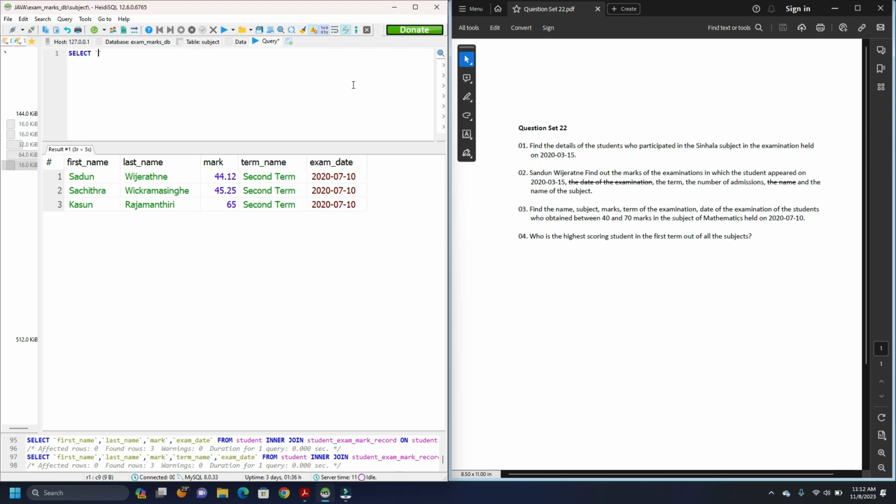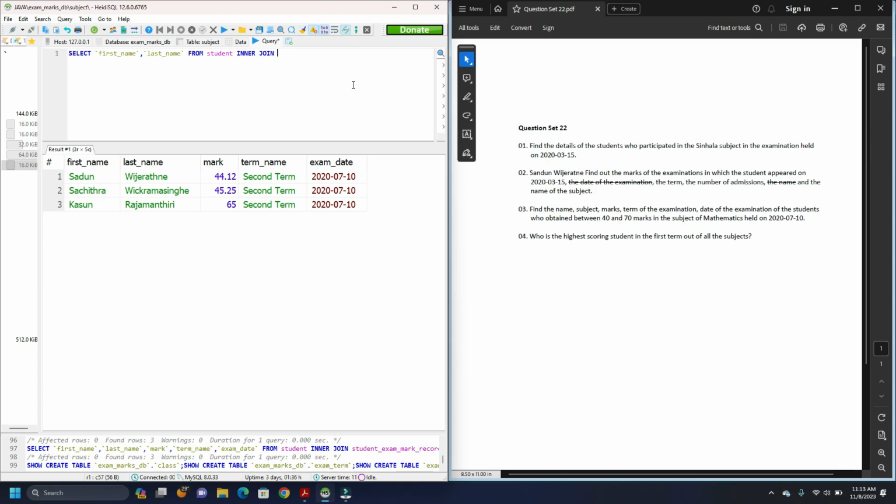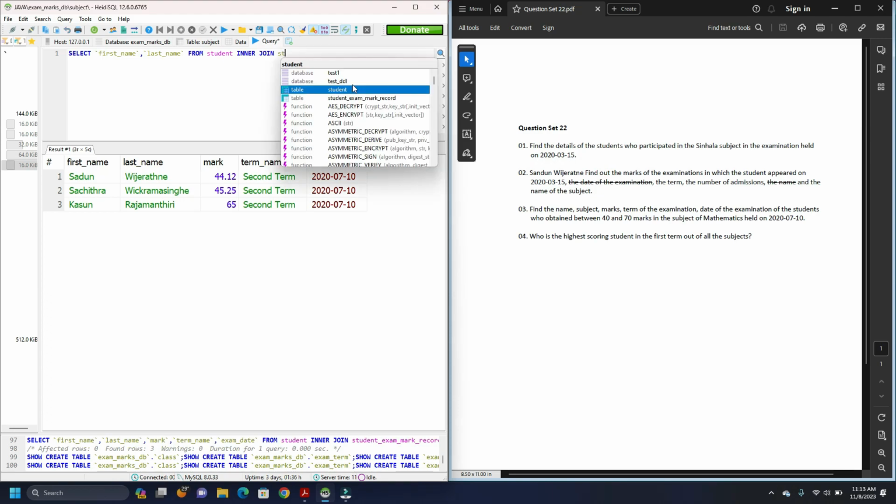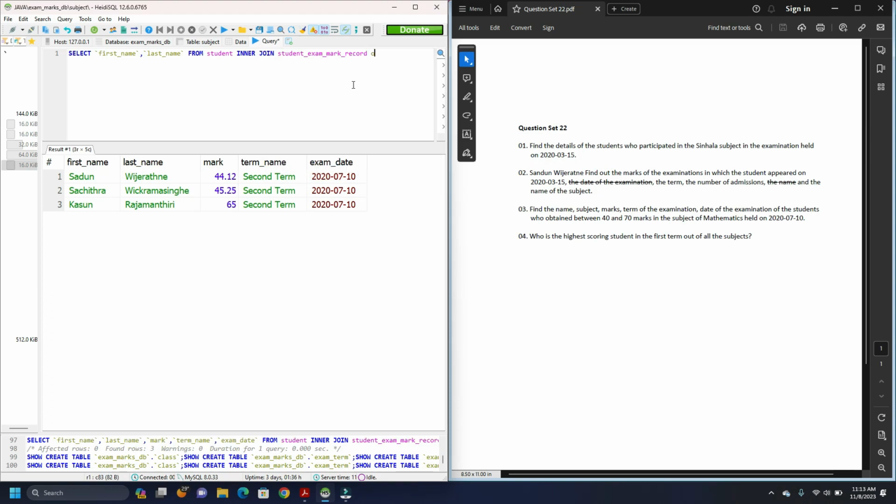To find the student name, we have to get the first name and the last name from student, inner joining it with the student exam mark record table to obtain the highest mark. So let's go ahead and join those two tables